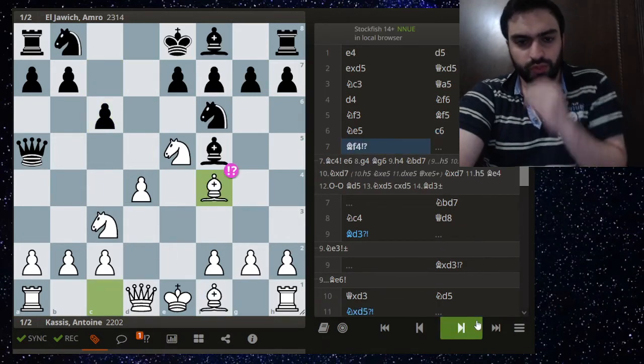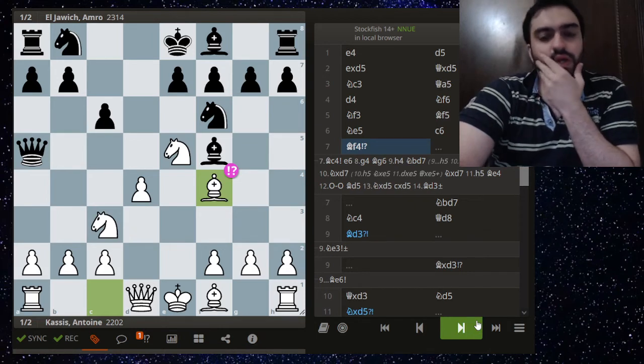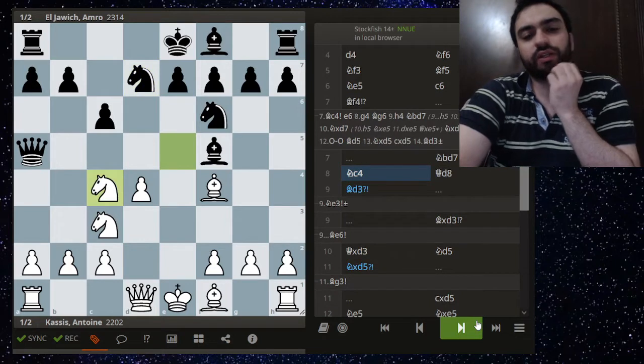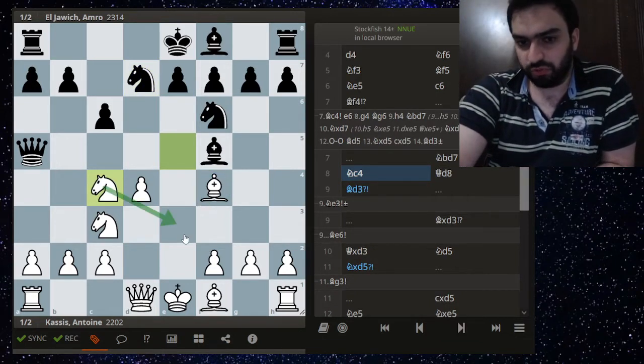Instead, Antoine went for bishop f4, which still retains an advantage, of course, but I don't like playing like this. So knight bd7, natural move, and now knight c4. This is basically the point. You want to just develop your bishop and put your knight here on a good square as well, and white